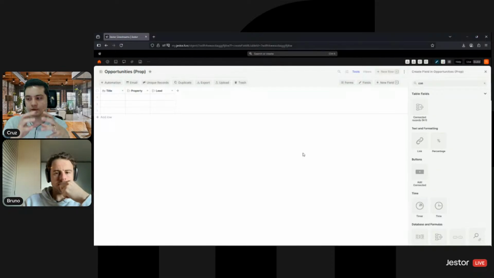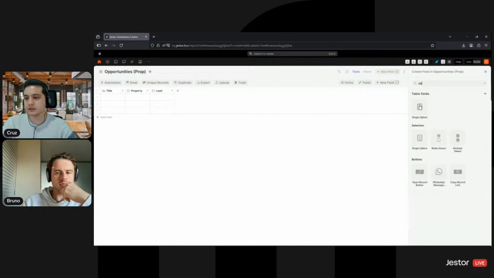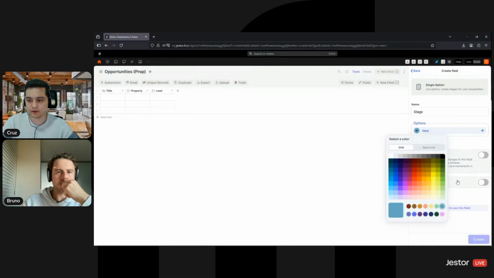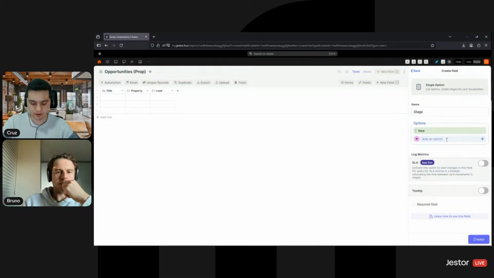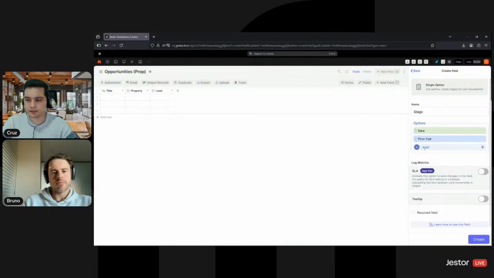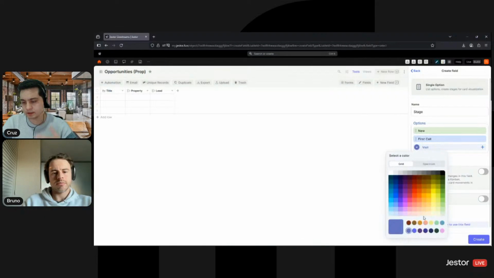So one of the things that we're going to do, because this is going to be seen kind of like a CRM, is to add an option field. So these are my stages, right? So this field is going to be called stage. So we're going to have a stage for new, first call, visit. So the lead is going to visit the property,